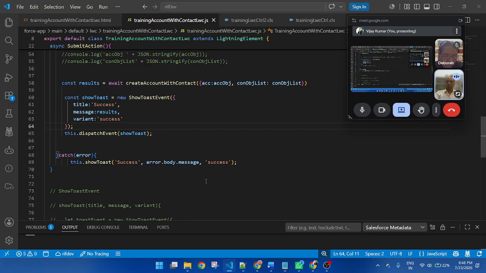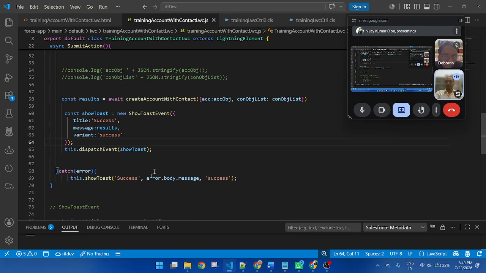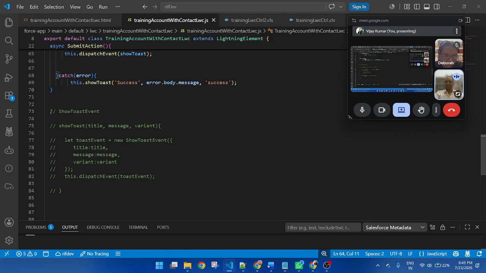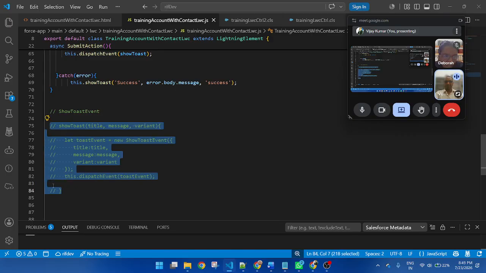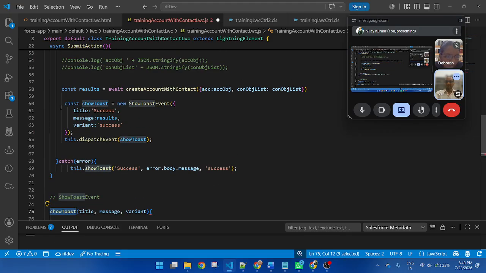So now it will work both ways. If you want to display the toast message from the function, then enable it, and you can apply this toast message here. Comment this one.